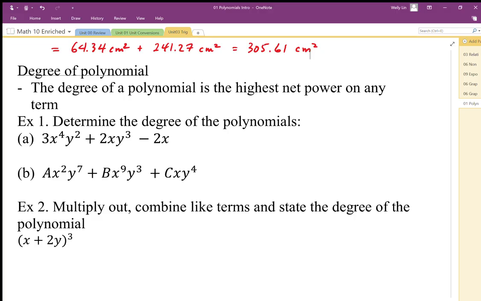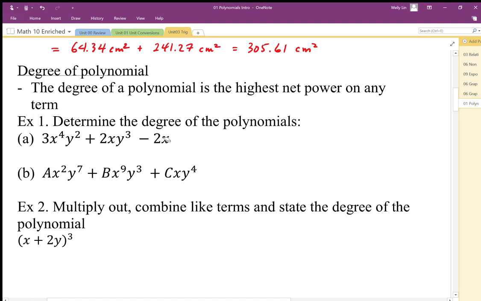In a polynomial, we have something called the degree. The degree of a polynomial is the highest net power on the term. So here I have a trinomial. I have one term here, another term here, and another term here. To figure out the degree of this polynomial, I need to figure out the net power on each